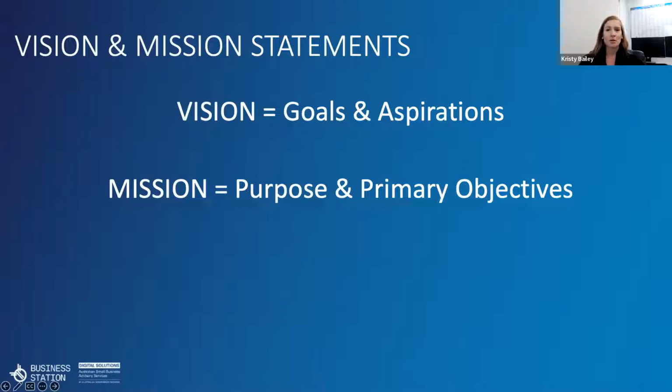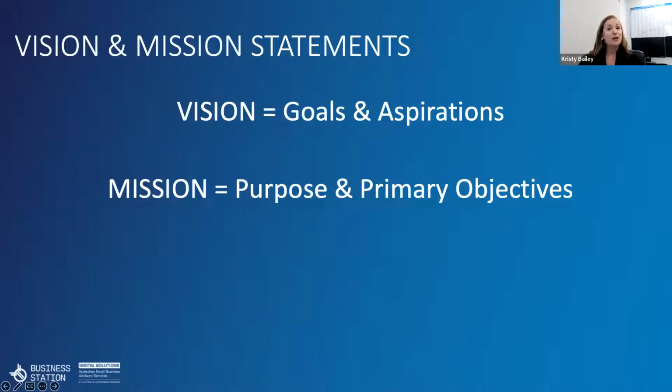They're not just for the purpose of a business plan. And I often ask small businesses this: do you have a vision and mission statement? And most of the time the answer is yes. And the next question I have is, do you know what it is? Most people, and I would say 9 out of 10 people, don't actually or can't recite their vision and mission